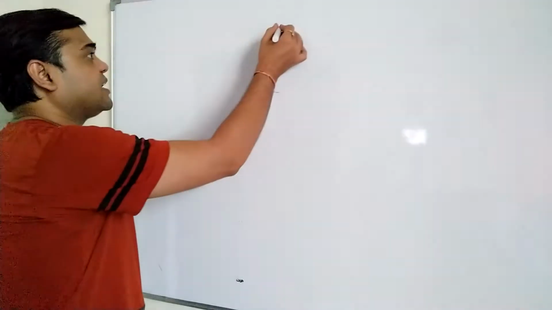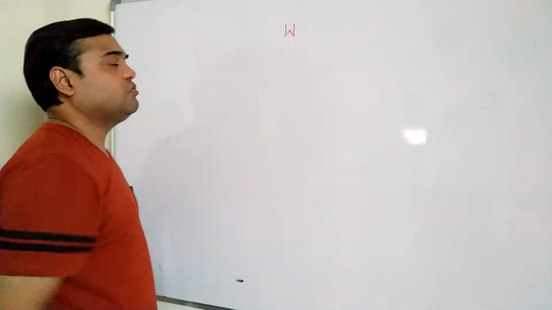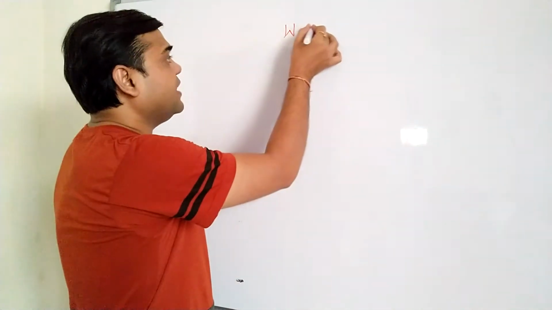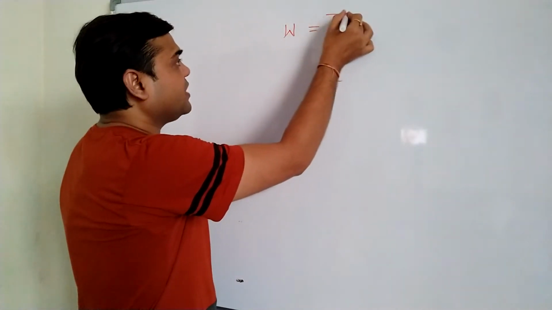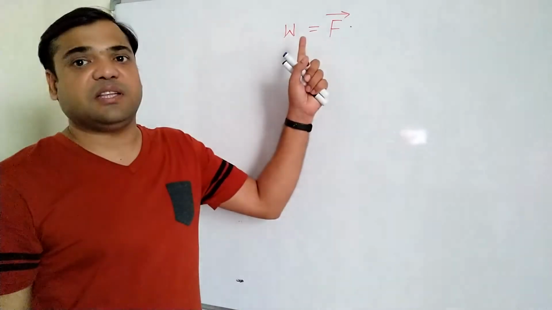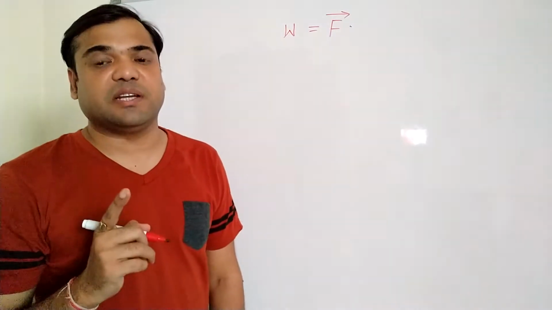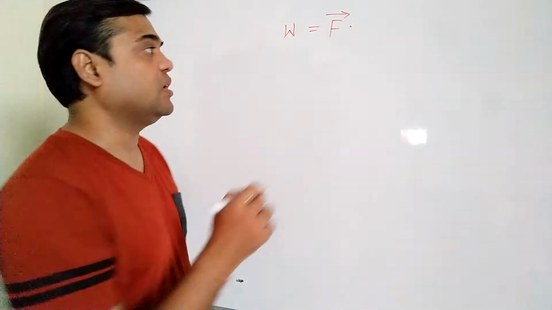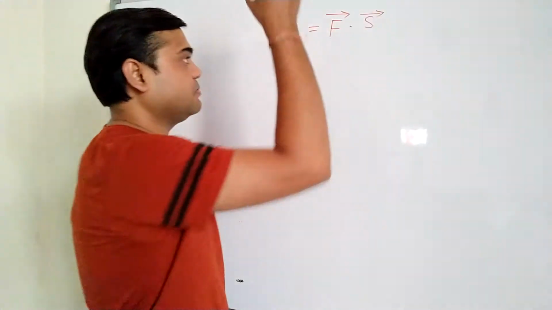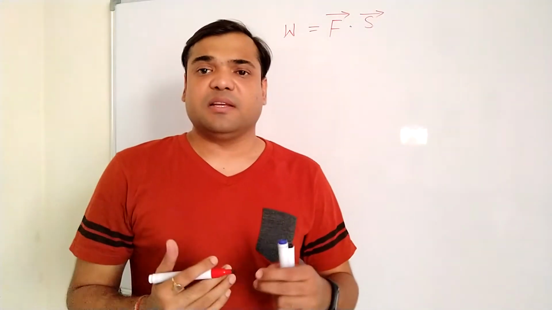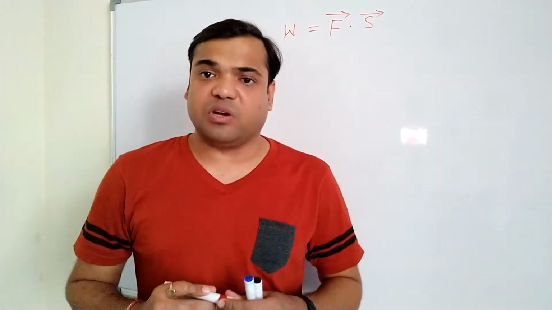After multiplying force and displacement through the method of dot product, what we obtain is a scalar quantity, that is work. So how do we write the scalar product between two quantities? Work, that is a scalar quantity, is defined as the dot product between two vector quantities, that is force and displacement. Here you can see that force is a vector quantity and I have applied a dot here. This dot represents the dot product between these two quantities. By multiplying these two vector quantities, we obtain a scalar quantity, that is work.